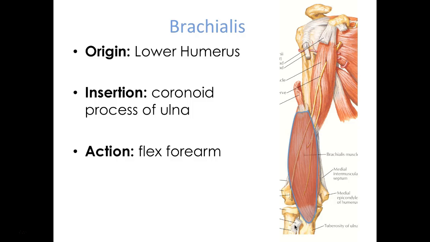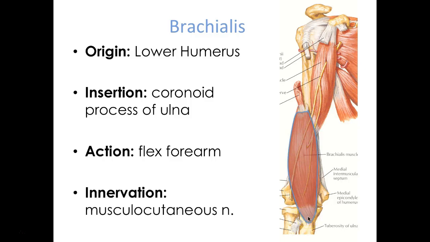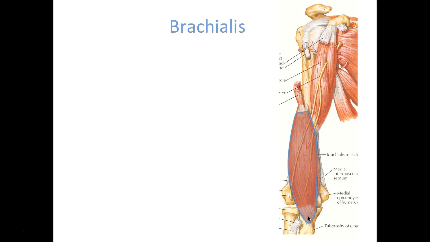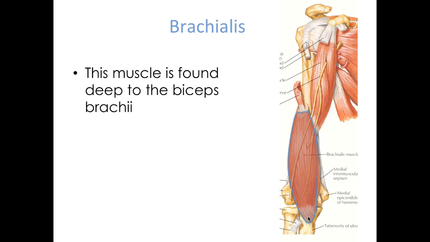The action of this is going to be flex the forearm, and this is because this muscle is crossing your elbow joint. Whatever joint you're crossing, that's the joint it's working on. So like when we look up here at coracobrachialis, it's crossing the shoulder joint and inserting onto the arm. So that's where its action is. It's going to flex the arm at the shoulder. Whereas brachialis, it's going to flex the forearm at the elbow. And innervation is musculocutaneous nerve. This muscle is also, I want to mention, found deep to biceps brachii, so that's why we're only seeing that small tendon here because we've cut it